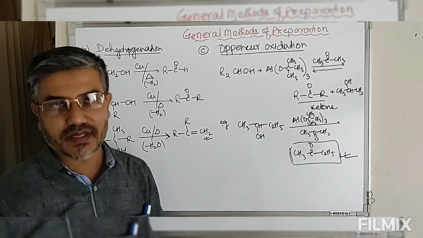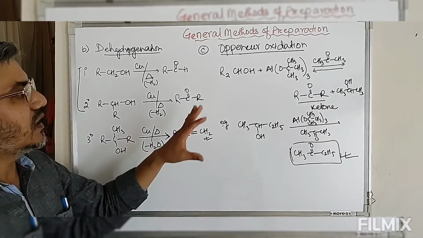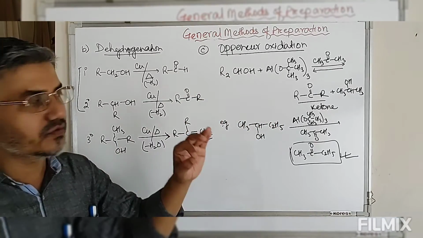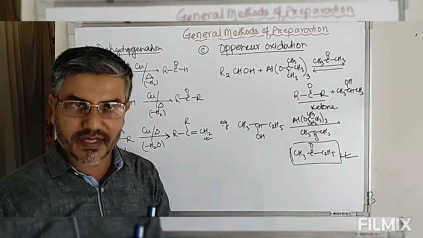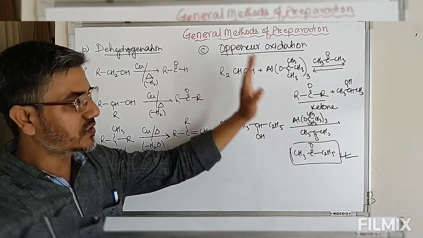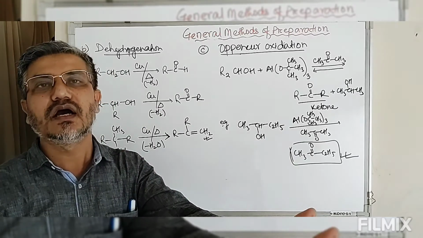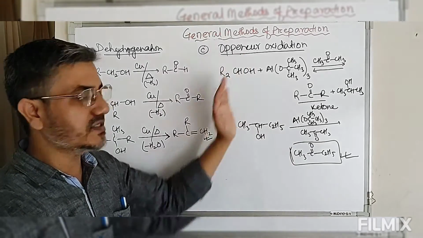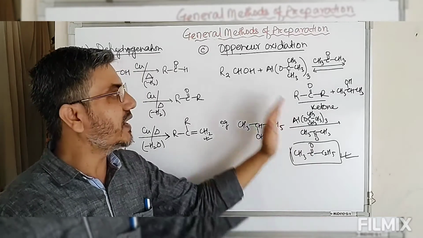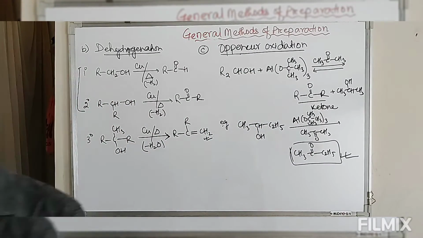Now look at this. If you are starting with primary alcohol, then this will convert it into aldehyde, but the reaction is more efficient with secondary alcohol. So normally we avoid the use of primary alcohol. We take secondary alcohol for its conversion into ketone. With secondary alcohol the reaction is faster, so we take the secondary alcohol. So secondary alcohol is converted into ketone by this Oppenauer oxidation reaction.